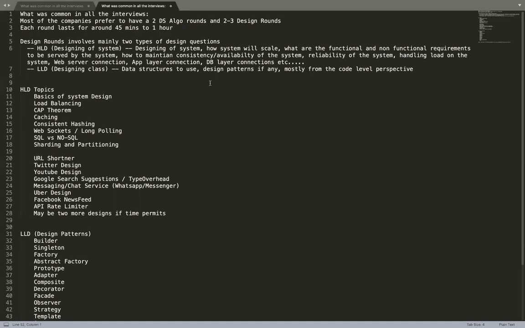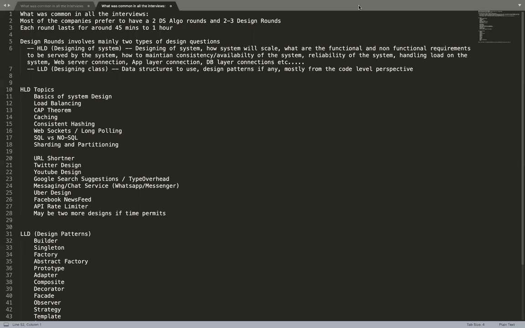developer too. And generally the expectation from SD2s is that they should be able to design the system, they should be able to come up with a design for a given project, and they should be able to think about all the different parameters which have to be considered when designing a solution for a particular problem, or when you're working on a project. So to test that skill or ability, generally there are 2 to 3 design rounds. Now there are two kinds of designs.